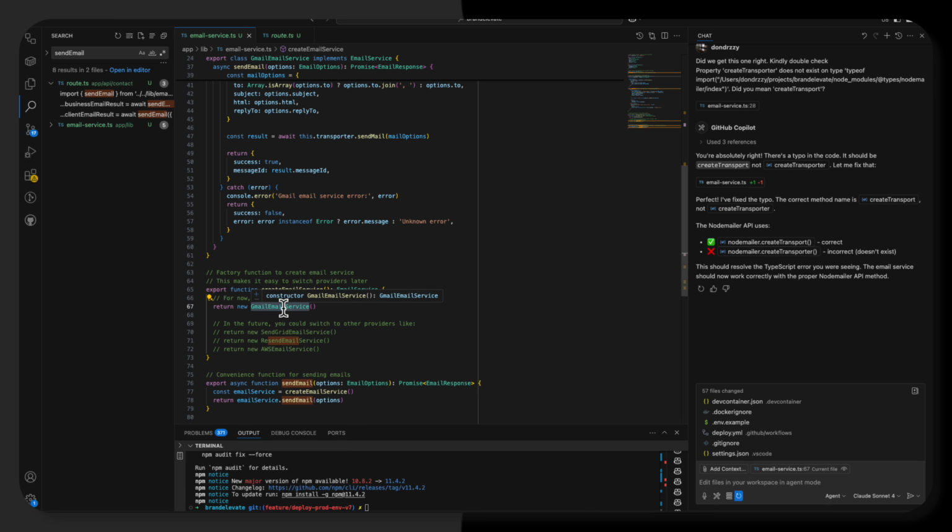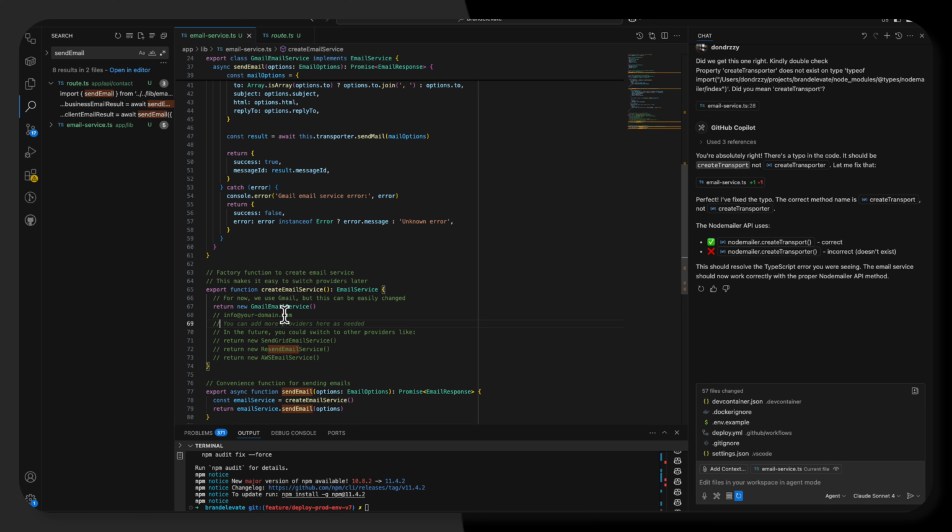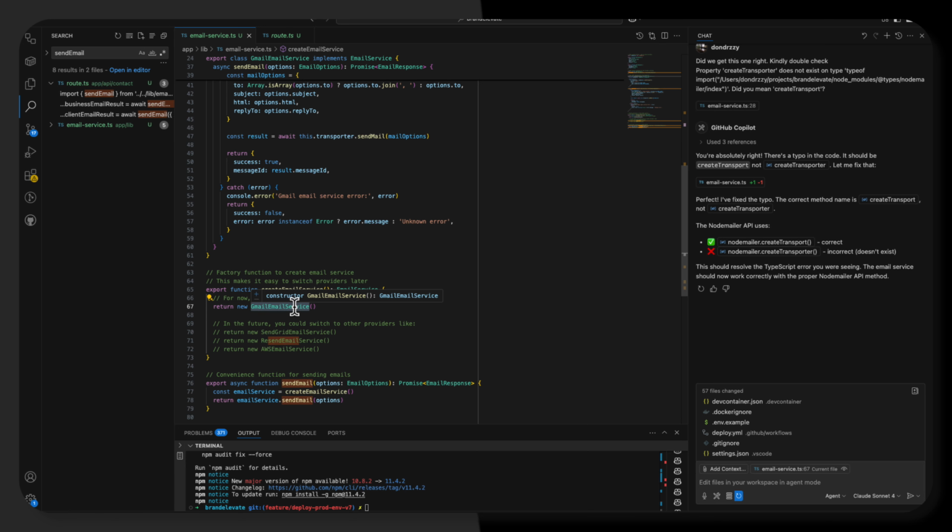Right now it's using Gmail, and that's already been set up to work with Google Workspace, which means you get something like info@yourdomain.com instead of something like john.doe@gmail.com, and that's your business email if you want to look more established and professional. So it has to be something to do with your business.com. All right, so right now I'm using the Gmail service, and just to expand on that a little bit more,